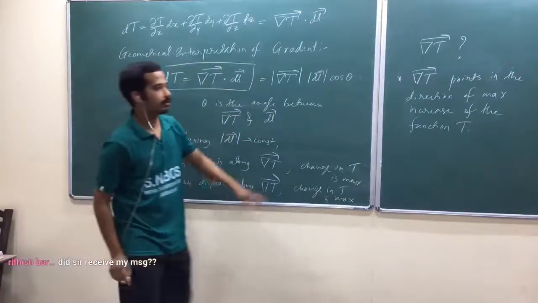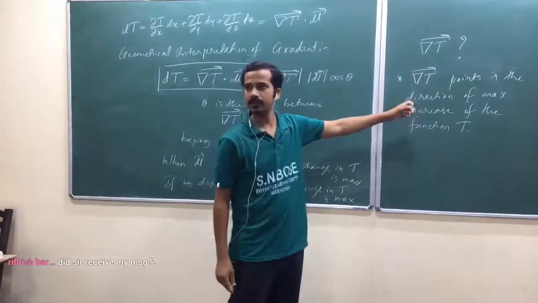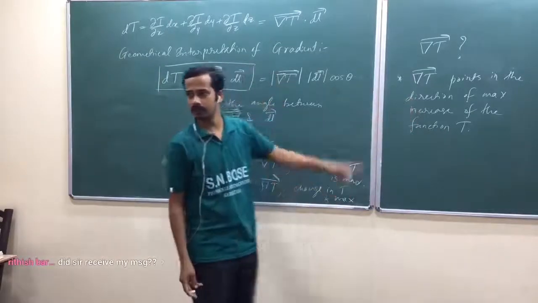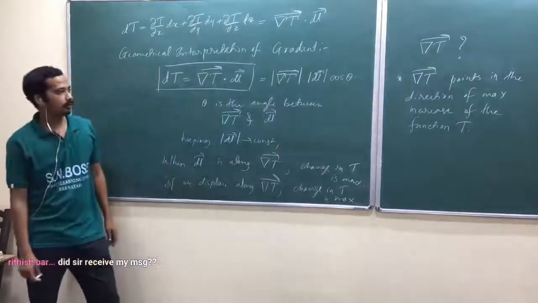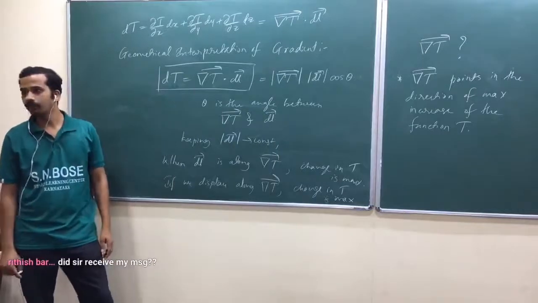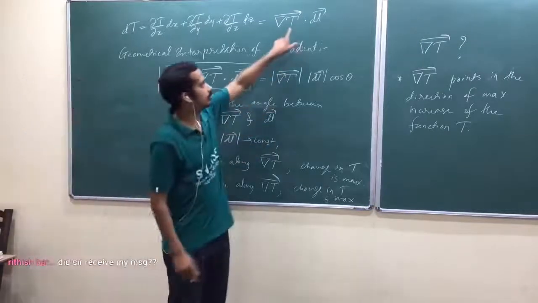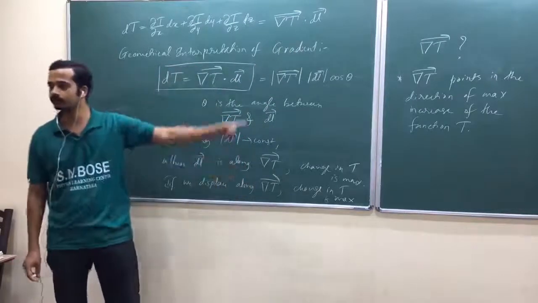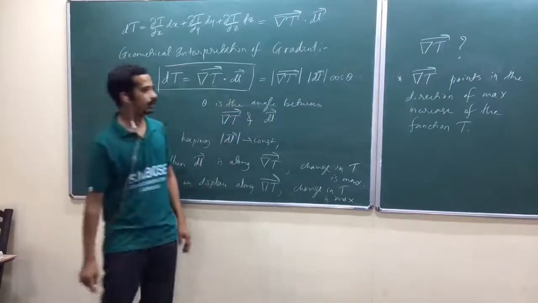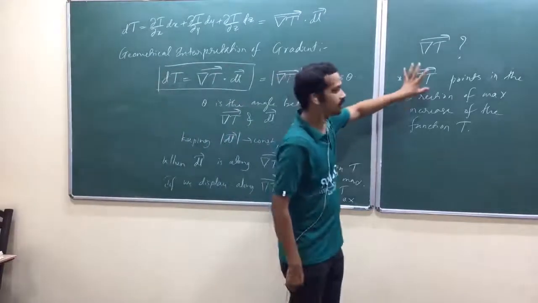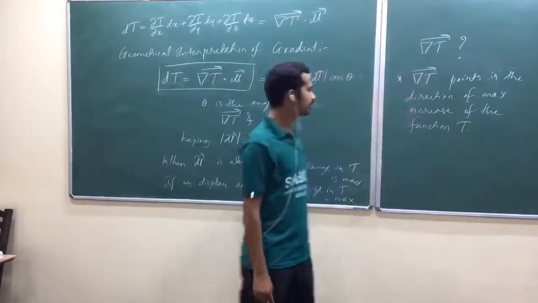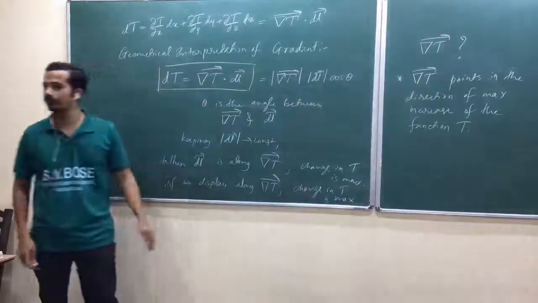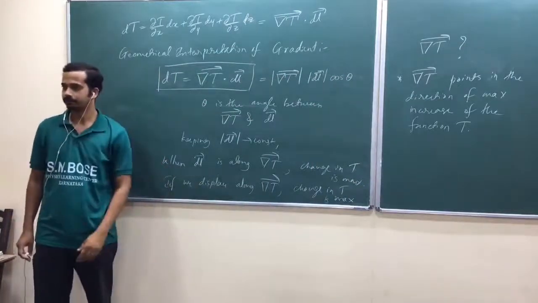Is that okay? So now again you have a vector. First interpretation is what is its direction, isn't it? Now what is the interpretation? So move in a different direction. What you found is, when you move along the direction of this vector, the change in temperature is maximum, isn't it? Cos 0, that's maximum. So that's why we say gradient of t is a vector, it points in the direction of maximum increase of the function.